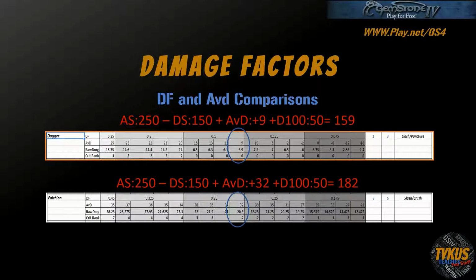So the dagger, we would have done about 6 damage, and the falchion, by the time you add the critical rank, which you would have to look at a chart to determine exactly how much critical damage would have been taken, would have probably been about 30. So that's somewhere between 4 and 5 times damage, and that's just from weapon choice. These both would have been the exact same enchant, and this is solely based on the damage factor and the